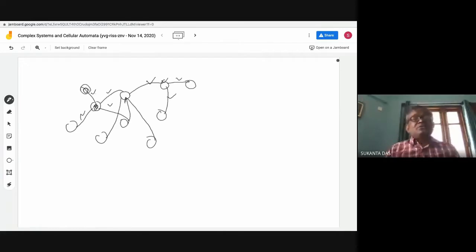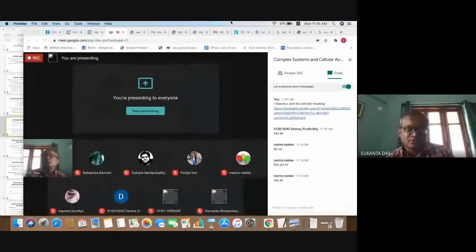The neighbor interconnection, the neighbor dependency, is relaxed here. Your network is not regular. Sometimes there may be a problem here: if you consider an arbitrary graph, you may argue that for this particular node